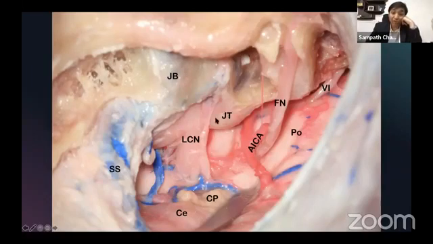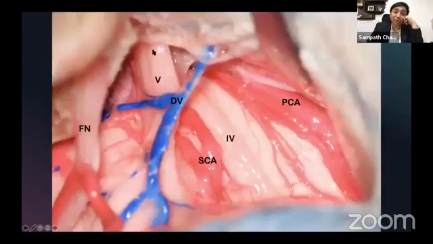This is your transapical extension. If you do a complete, now this is more or less a 360-degree transapical extension. Here you can go and see you are more or less in the prepontine cistern. You are seeing the sixth cranial nerve entering the Dorello's canal. Okay, if you tilt this superiorly, you see the fifth cranial nerve.